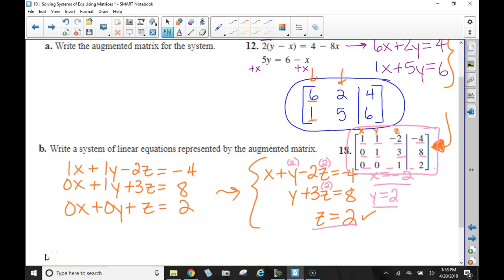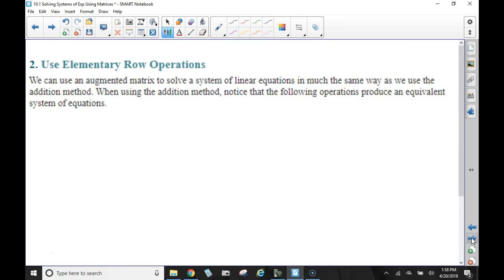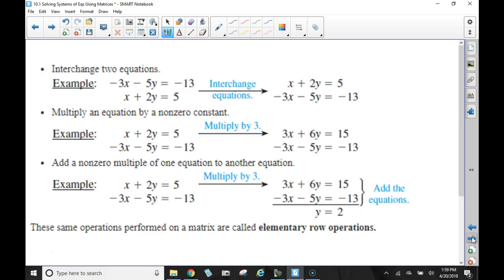Okay, so now the question becomes, how are we going to take one of these systems of equations and get it into one of these workable forms that we were talking about? Well, to do so, we're going to use what is called elementary row operations. So we're going to, like I said, use the augmented matrix to essentially solve a system of equations by the addition/elimination method. So what we could do back before we had matrices, these were some legal things